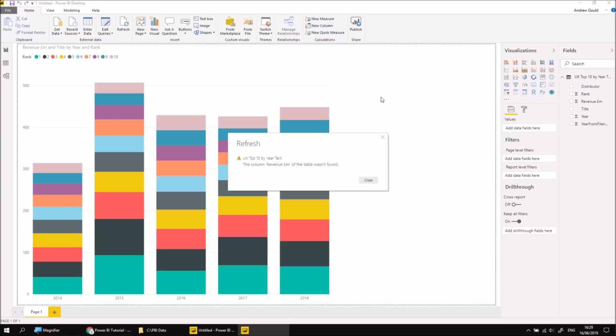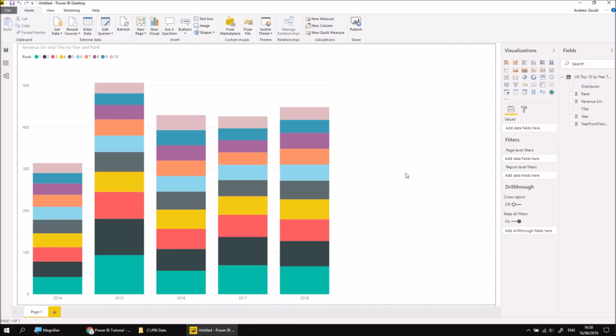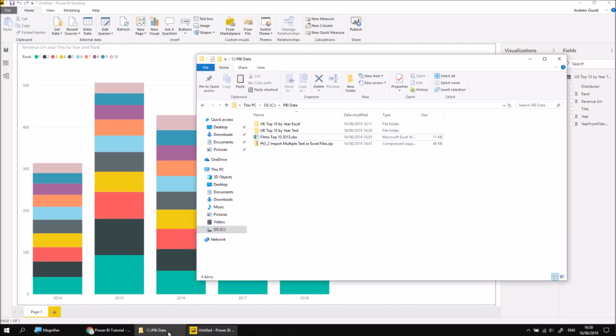It's complaining first of all about not being able to find the revenue pounds millions column in the first file it's importing. So I'm going to close that, and then let's have a quick look at how we could resolve that problem fairly quickly. If I head back to the folder that I've just moved that file into, the quickest, simplest thing to do, I think, just to avoid getting things wrong, is I could